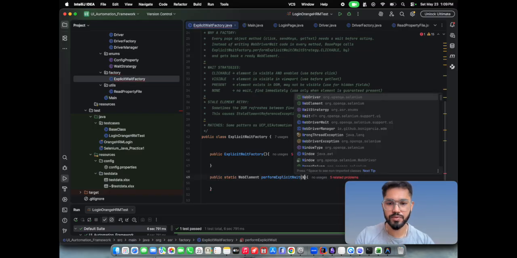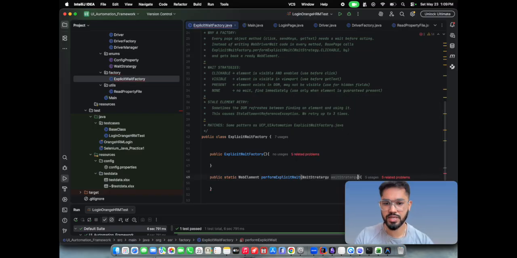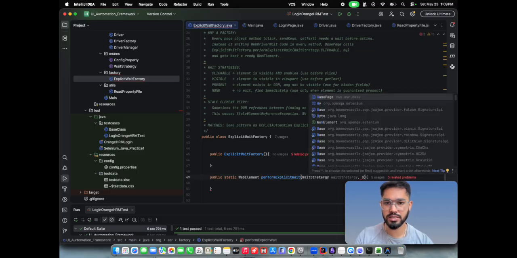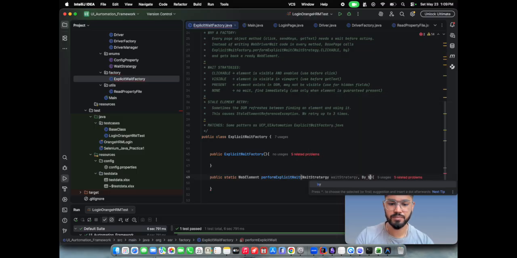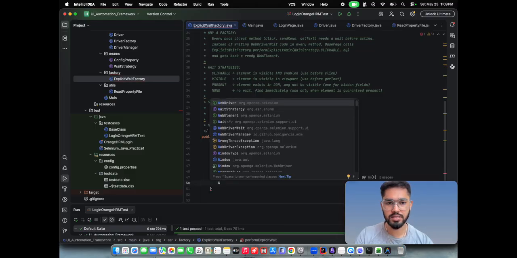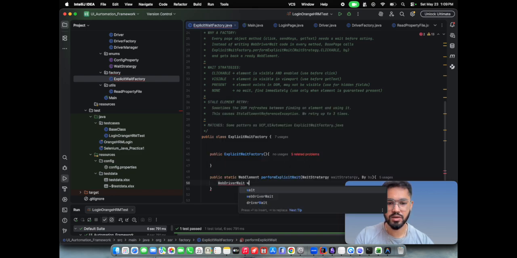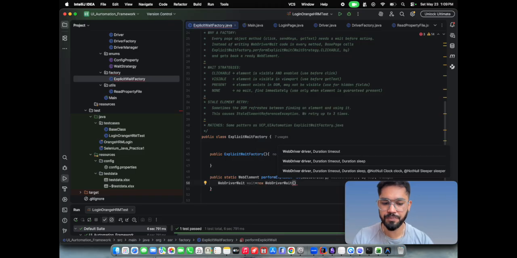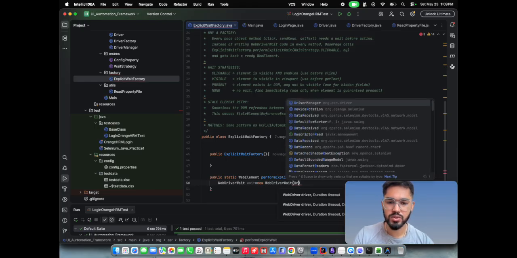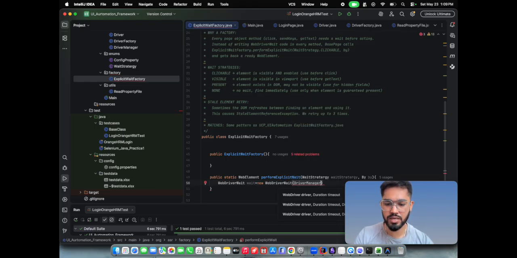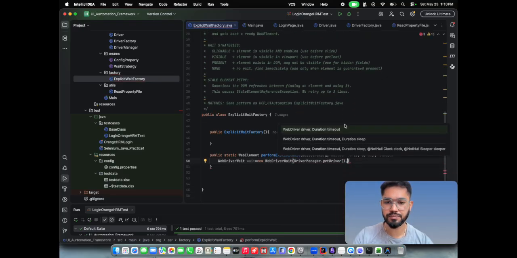Here we are giving wait strategy, which wait strategy we are using, and also by locator of Selenium, and we can write the WebDriver in order to create the instance of wait. WebDriver wait is equal to new WebDriver wait, and here we need to add the driver comma duration. Our driver is inside driver manager dot get driver, and we need to add the